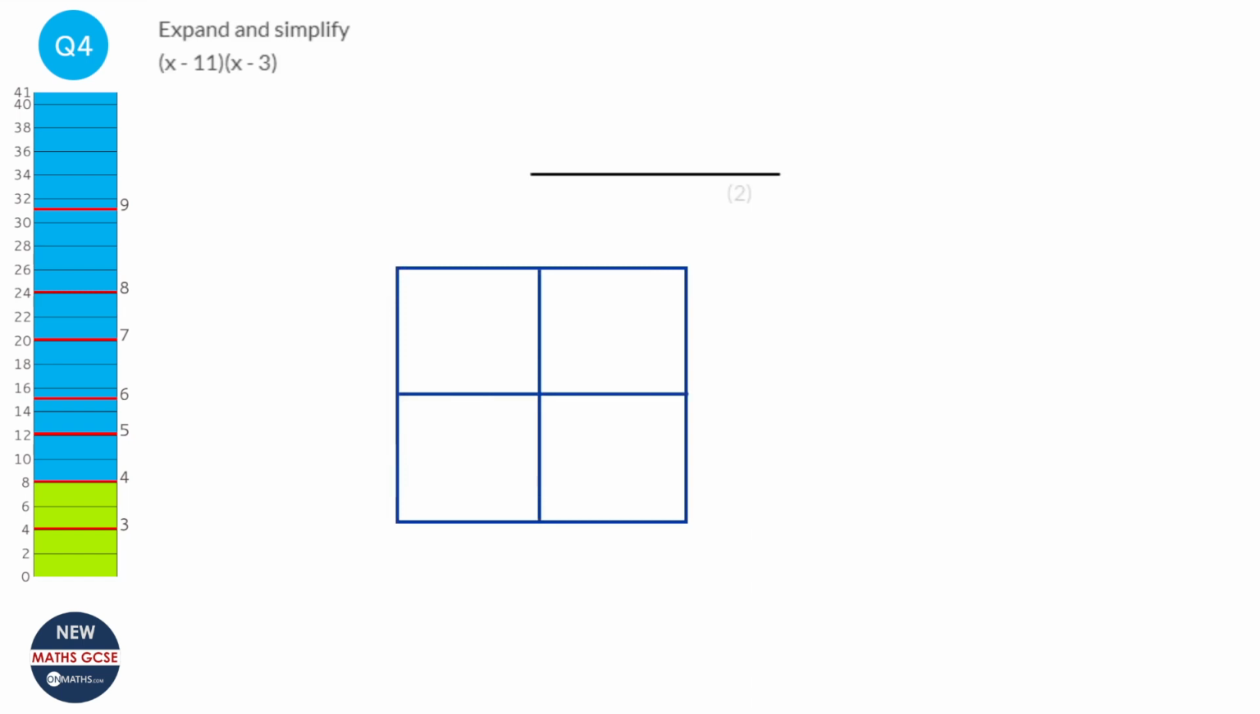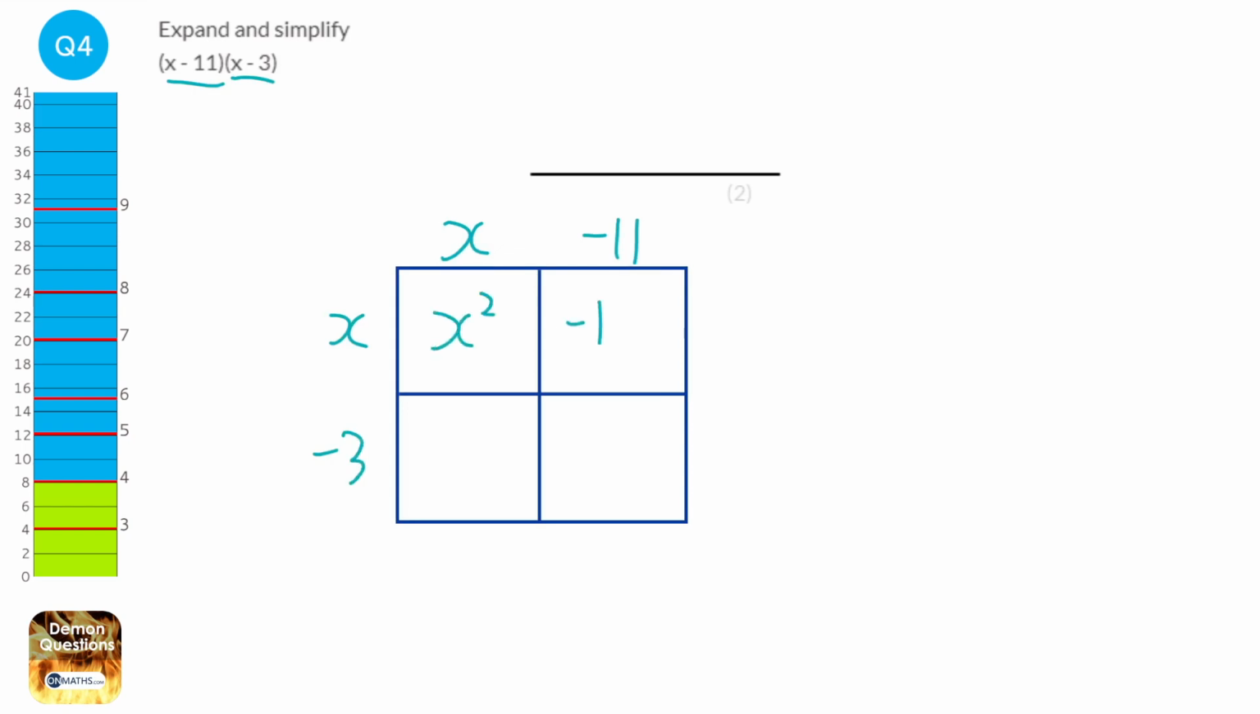And we're multiplying the x minus 11, so x and minus 11, by the x minus 3, so x and then minus 3. So x times x is x squared, x times minus 11 is minus 11x, x times minus 3 is minus 3x, and minus 3 times minus 11 is positive 33 because two minuses make a plus. Put the terms together,